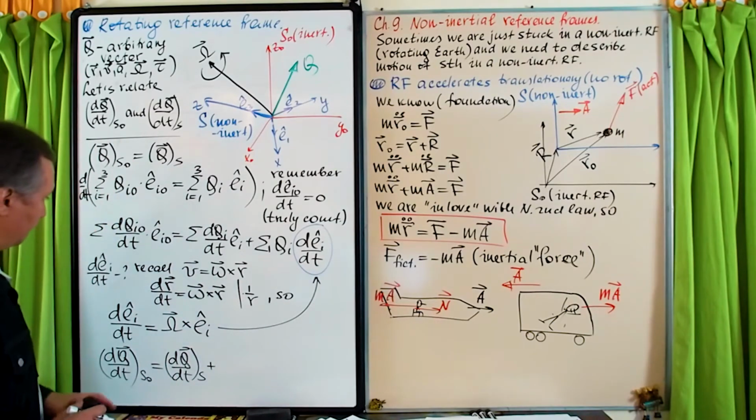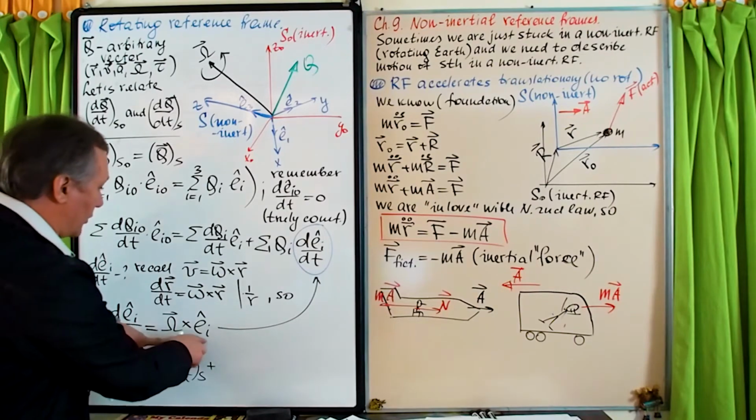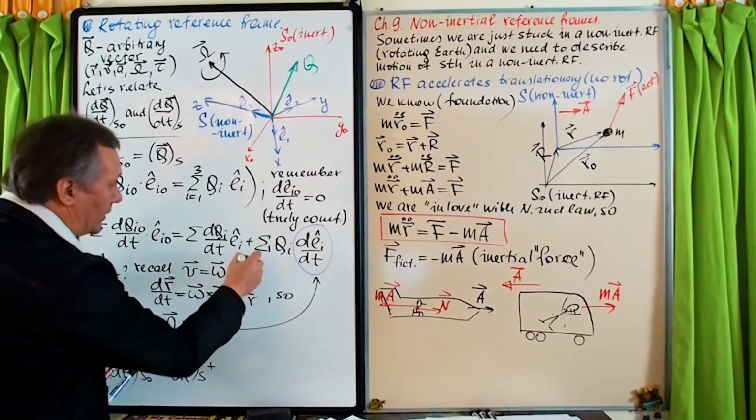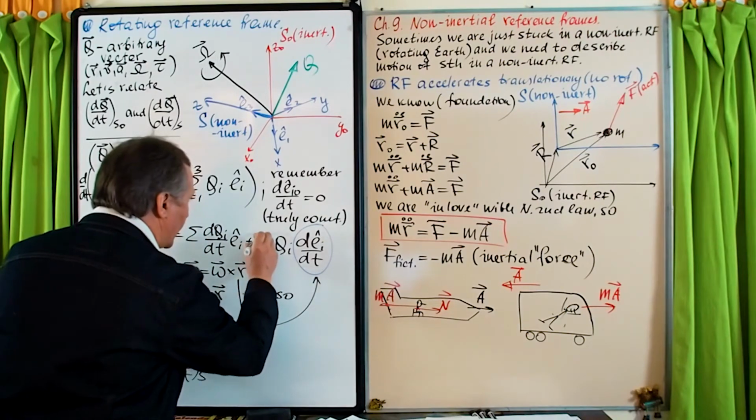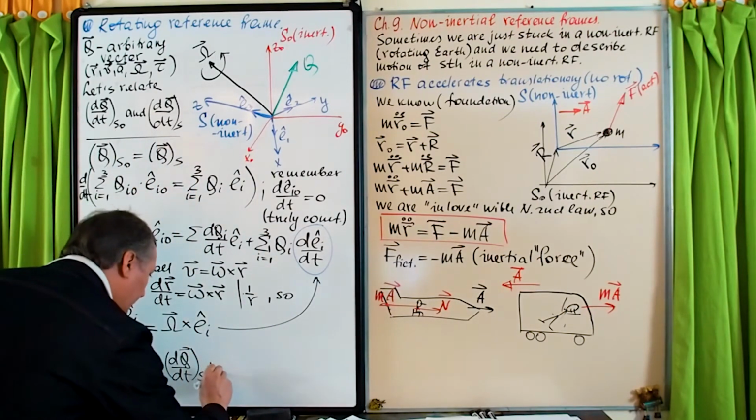You know what? Omega, it's a constant vector, right? At least there is no subscript i. So here summation over i from 1 to 3. So I can take omega outside. So I can write omega